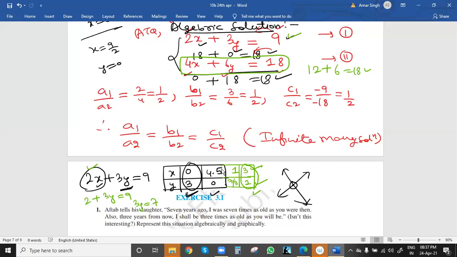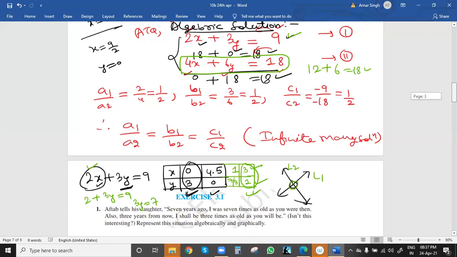So these are common points for both the equations. Earlier, when the lines L1 and L2 were cutting at one point, there was only one common point, and that was the solution point, the values of x and y. Here all these values satisfy both the equations, so there is more than one value. That's why we can have many solutions.